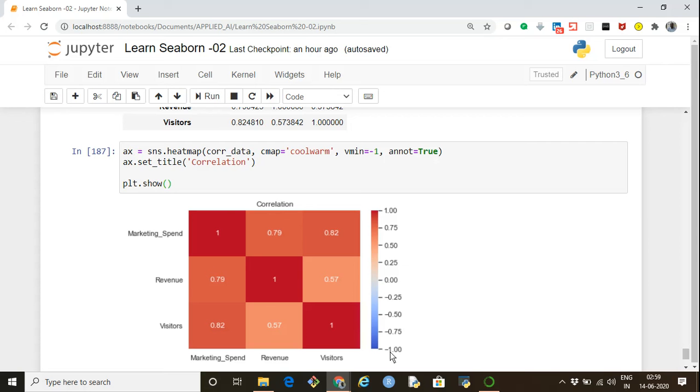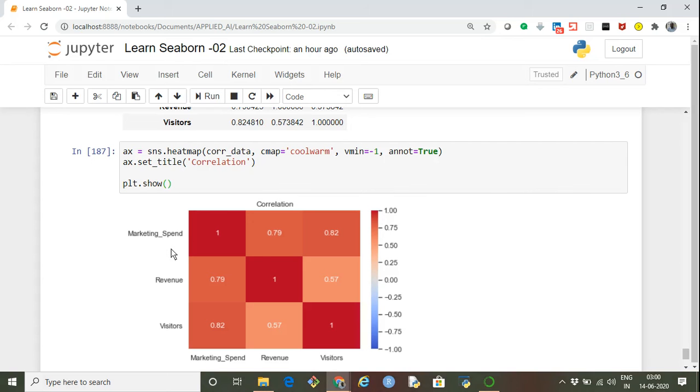So -1 represents the blue color and +1 represents the red color. The higher the correlation between the two variables, the more reddish we will see, and the lower the correlation, or the correlation toward the negative side, we will see the blue color. White color represents more or less no correlation at all. So extreme correlations are represented by red and blue. Blue represents the negative correlation and red represents the positive correlation.